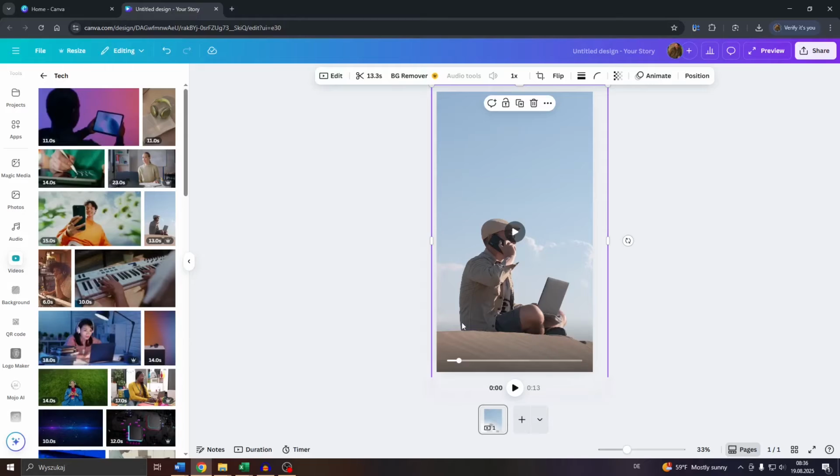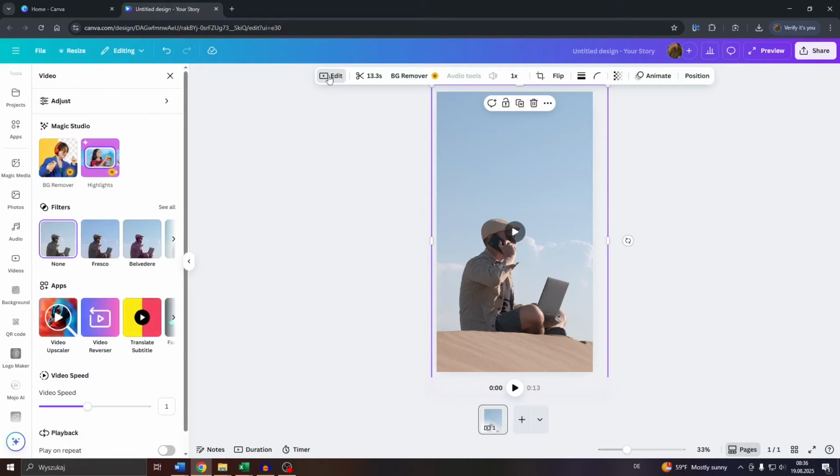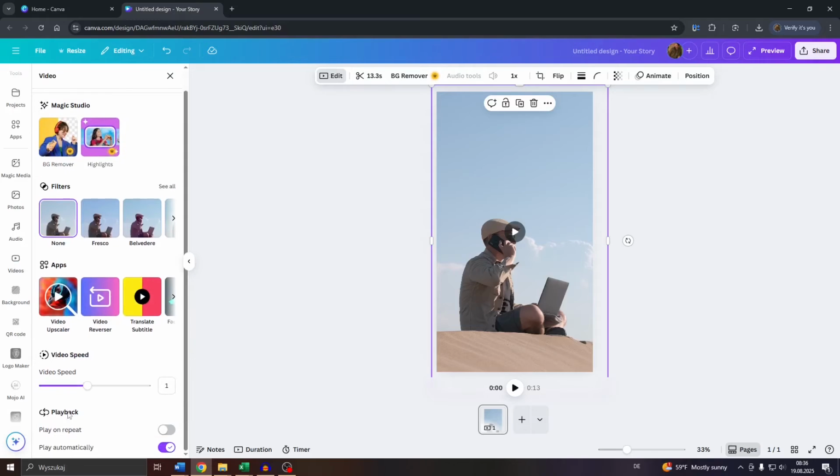So what you want to do, guys, is left click on the given video clip and click on edit here at the top. And here on the left panel, scroll down a bit till you get to the video speed section. And as you can see, the video speed is on default set to 1. So you may simply click into that one and set it to 2, for example, or simply move that slider here and change the video speed to, let's say 0.5 speed or